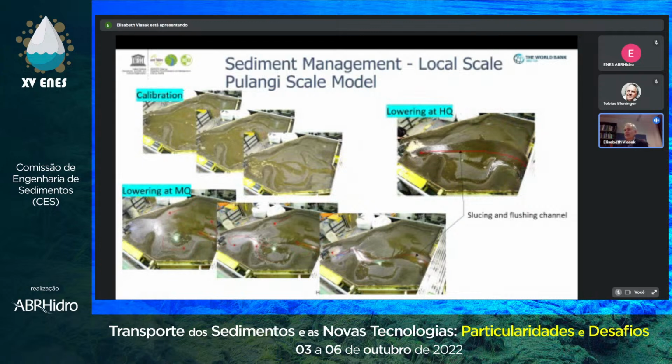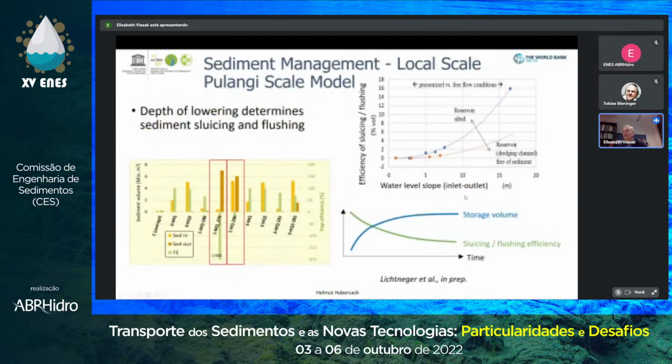Yeah, I think for the Bleninger, I already mentioned this, there are also physical models possible, obviously, which in some cases would support you. Before you implement it and it wouldn't work, you should maybe go to a scale model as well to test it. And if you do this, of course, you can see the difference here between the silted reservoir versus the dredged or sediment-free situation for the efficiency of sluicing and flushing. In this case, it's a combination of sluicing and flushing.